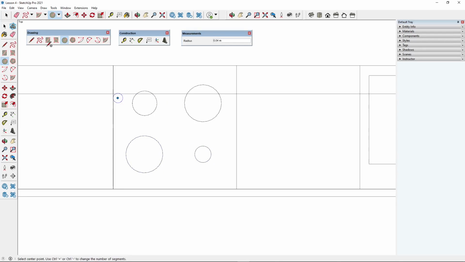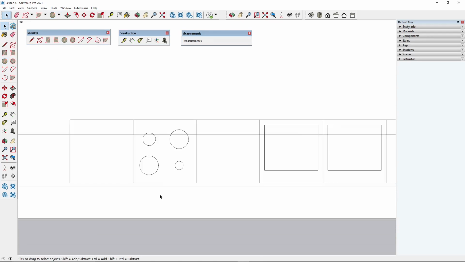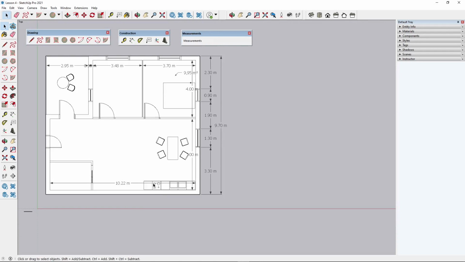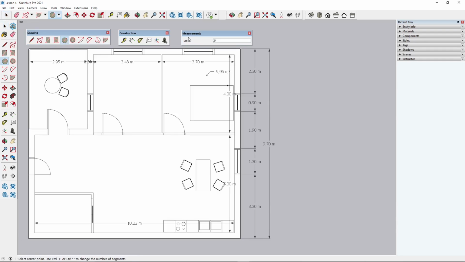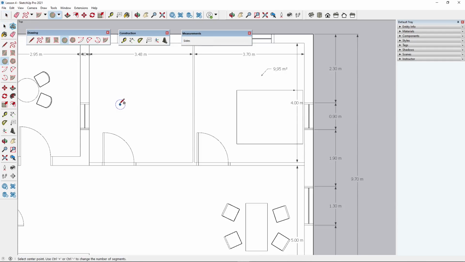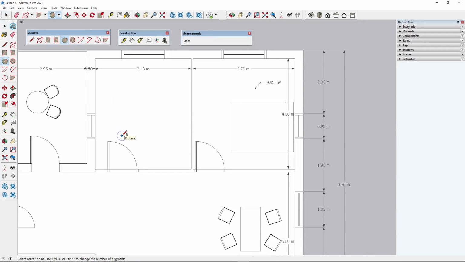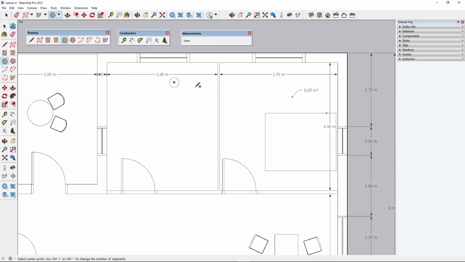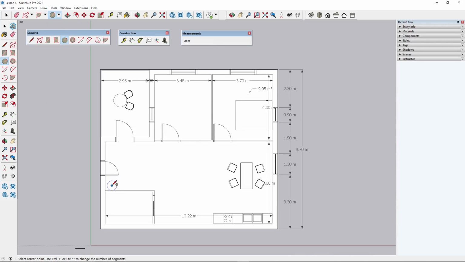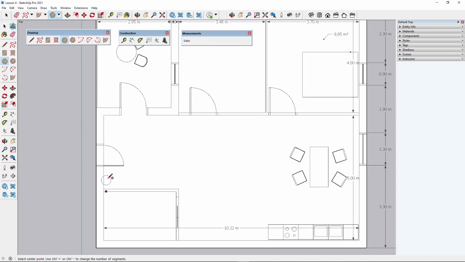Okay, and this is the circle, by the way, which is the other important shape. Now I've done this really quick, but if you want to define a precise measure, here you have the possibility to define the sides. So let's say I want to add another small table here, or well, this could be like a base as well. So I can place here